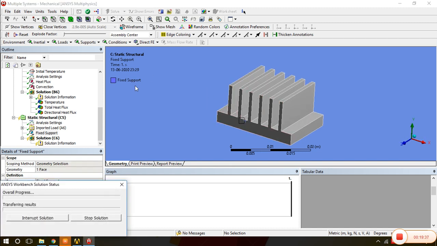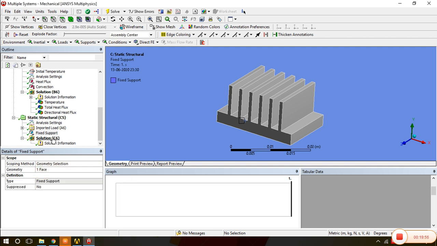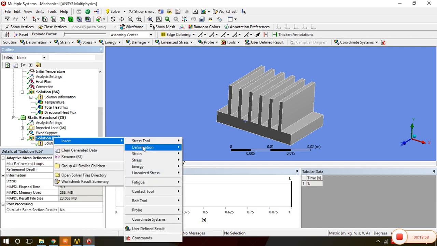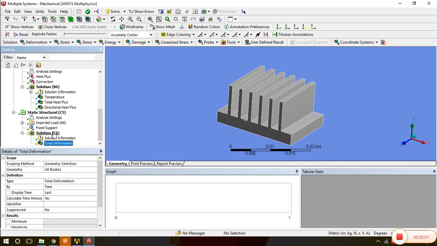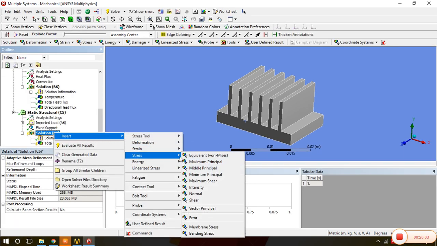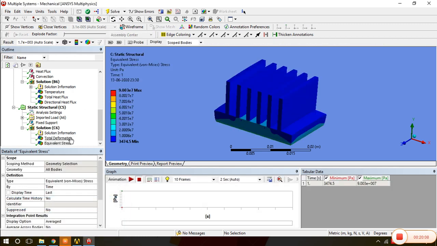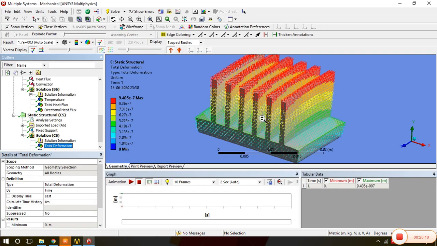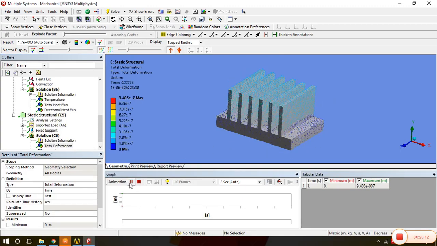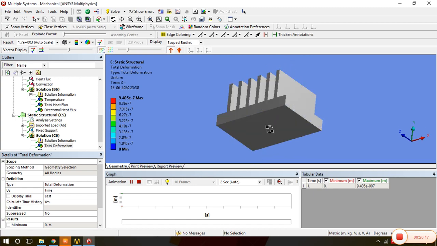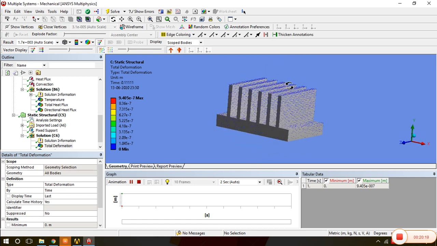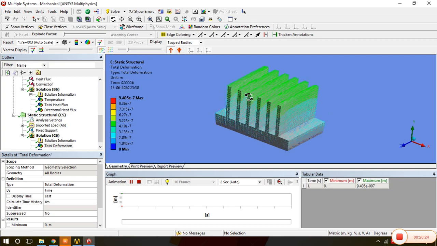So we'll go to the solution. Now in the solution we will only focus on two things: total deformation and the equivalent von Mises stresses. First check total deformation. Now see, in total deformation, the body is not allowed to move in this direction because it is fixed, and all other parts of the body are getting heated, so the molecules will try to expand due to the heat, and now see how it is expanding.